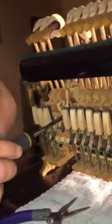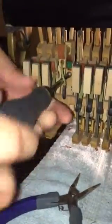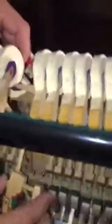Now when we remove the hammer, we want to be careful up above, and I'll show you in just a second the butt springs for the hammer that I'm going to maneuver around here and then let you see in just a second. Okay, if you want to look down in there, you can see the little metal springs moving in here that we want to make sure we don't bend when we take the hammer in and out. Alright, so now I've got the whipping out and I've got the hammer out, and we're going to use this